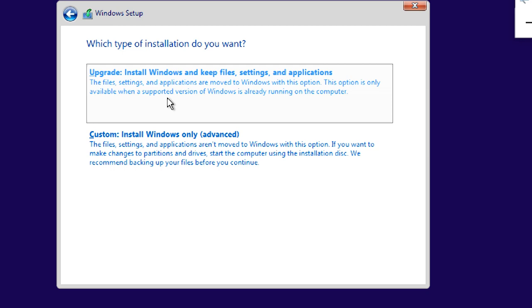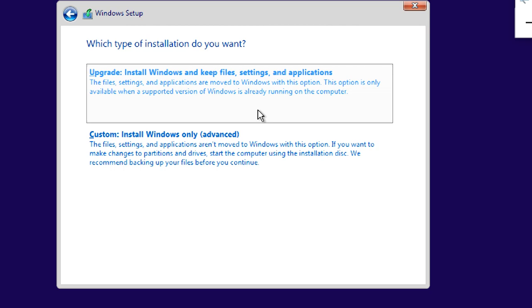Usually it won't delete, but it's better to take a backup before you upgrade. Upgrading means lower version to higher version. You can keep your files, settings, and applications in an upgrade.